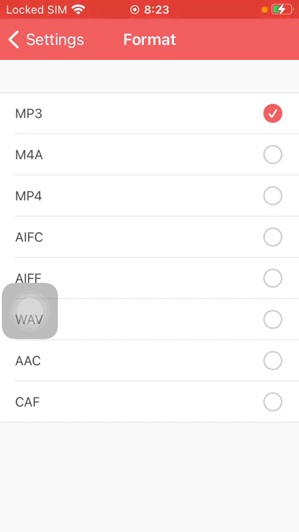Here you can find a bunch of formatting options that you can choose from, such as MP3, M4A, MP4, AIFC, AIFF, and so on. So just simply tap on the relevant one that you would like to choose, and then the format will be updated